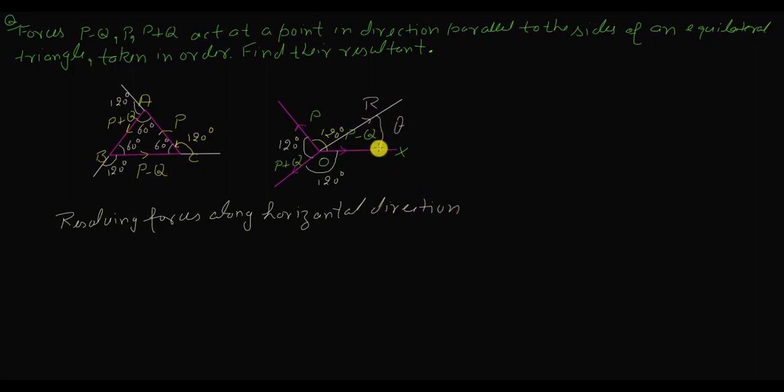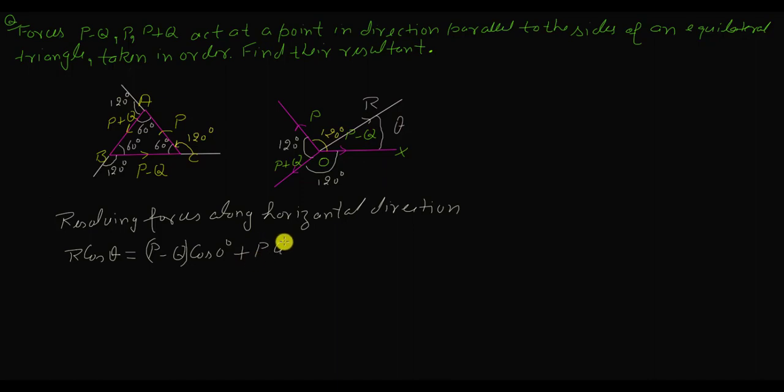Firstly, R resolved along the horizontal direction gives R cos theta. This is equal to P minus Q resolved along the horizontal direction. As it is acting along the horizontal direction, it makes angle 0, so P minus Q, enclosed in braces, cos 0 degrees, plus P making an angle 120 degrees, whose horizontal component will be